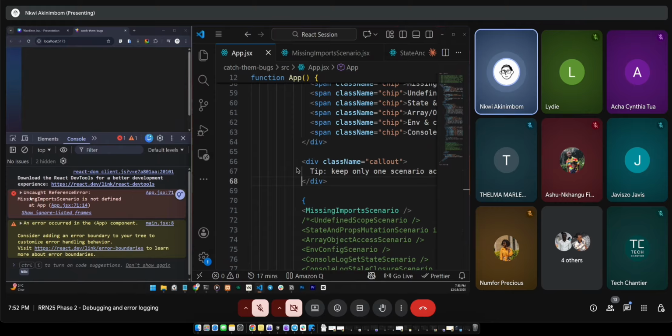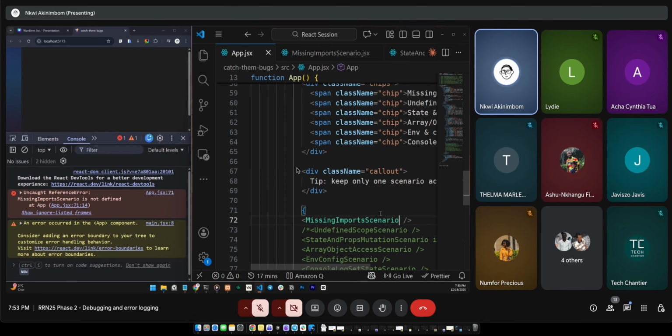So here it has already given us the answer, right? It has given us the answer, but in a different grammar. So missing import scenario is not defined. So what do we do? We simply come to missing import scenario, right? Either you click control space bar, like I said already, you have to click on the import. You do the control space bar. You will now see that it will give you a proposal: missing import scenario from this folder, scenarios and missing import. So we click there, and you notice that